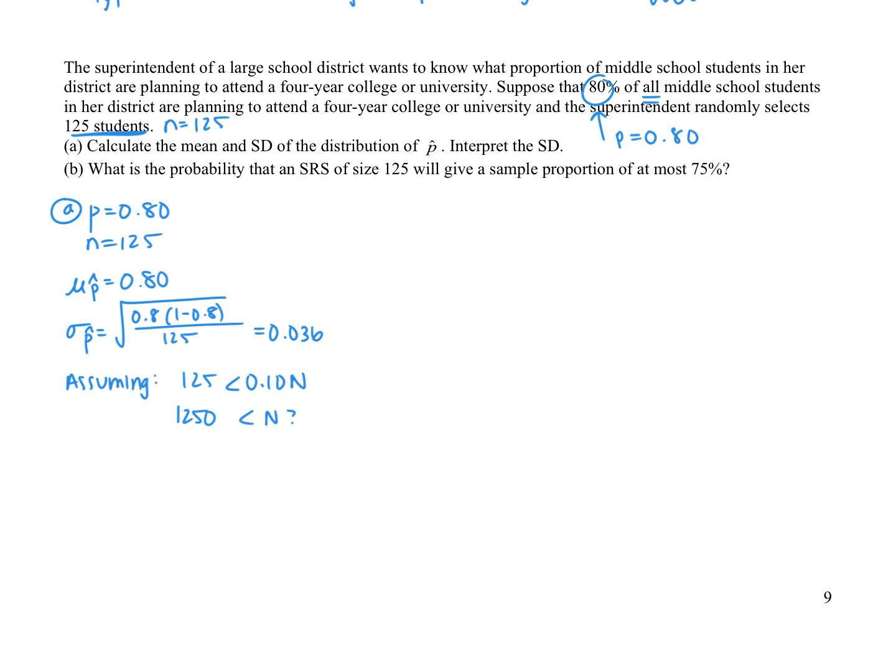Our population, in this case, is all middle school students in the district. I don't know what district this is. We know it's a big district, so we're going to assume that, yes, that's the case. So then we have to interpret the standard deviation. This is the standard deviation if we took a whole bunch of p hats. So it's going to sound a little bit awkward, but I'm going to say in the long run,